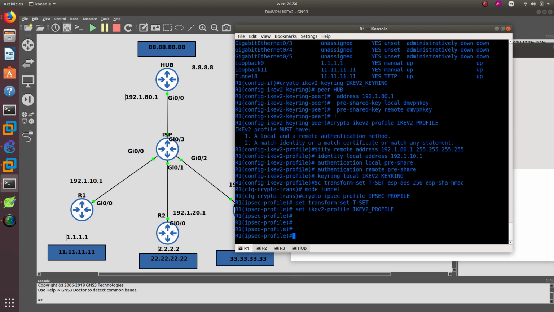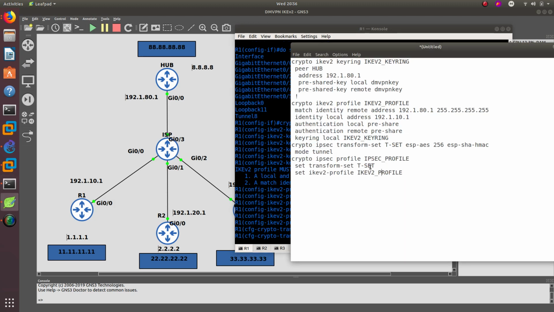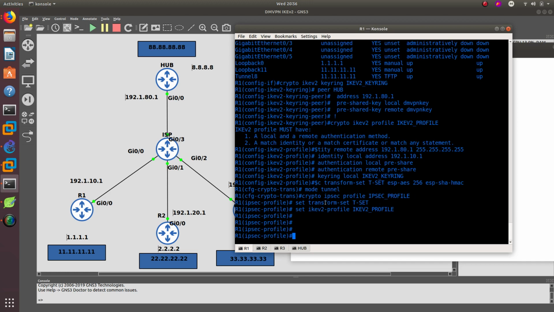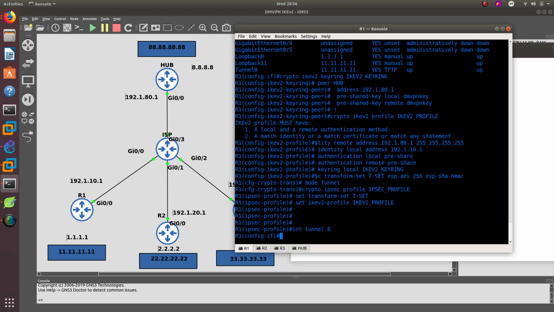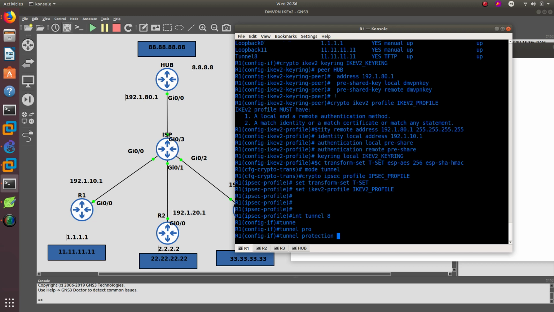good. So after that is done, make sure that everything was in there. We added the transfer securing. So that's good. Yep, we are done. Okay, so now what we need to do is go ahead and go back to the tunnel 8. And from tunnel 8, now we can just add the tunnel protection IPsec